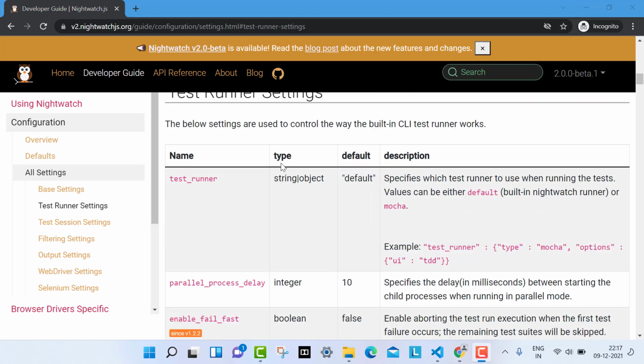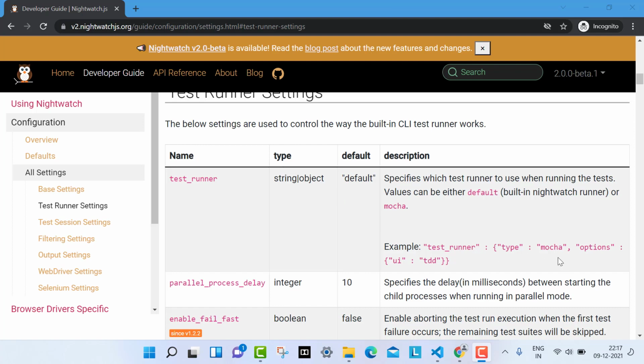The next configuration is the test runner. You remember I told you initially that in Nightwatch version 2 they have introduced a test runner called Cucumber. If you have to use Cucumber with Nightwatch, you don't have to use any extra APIs. It is given by default.